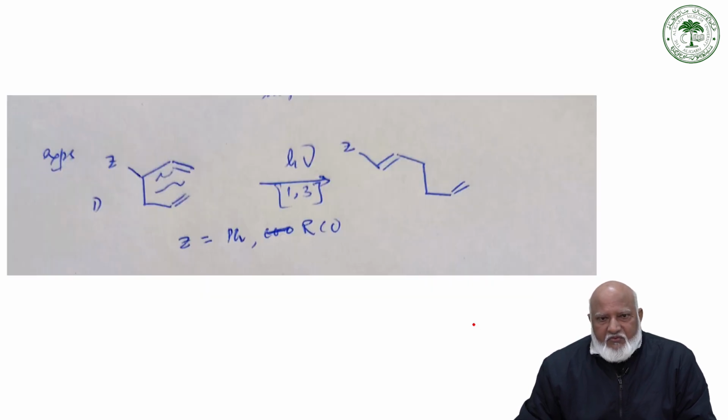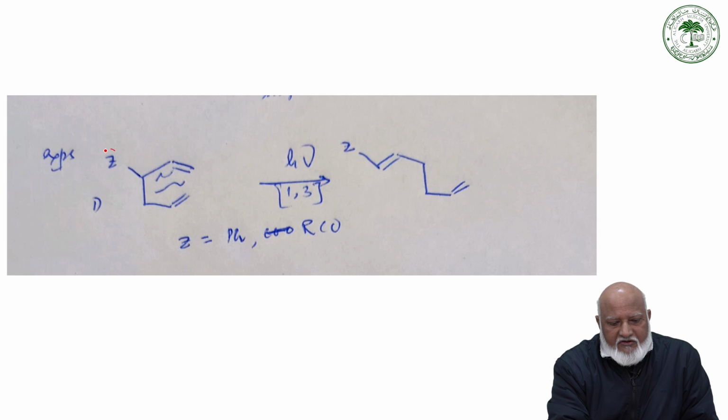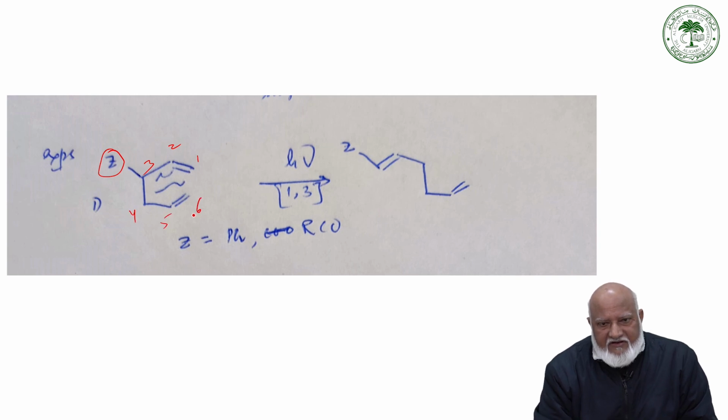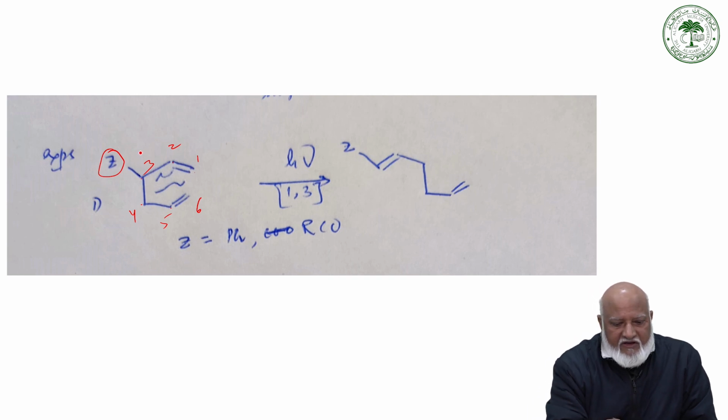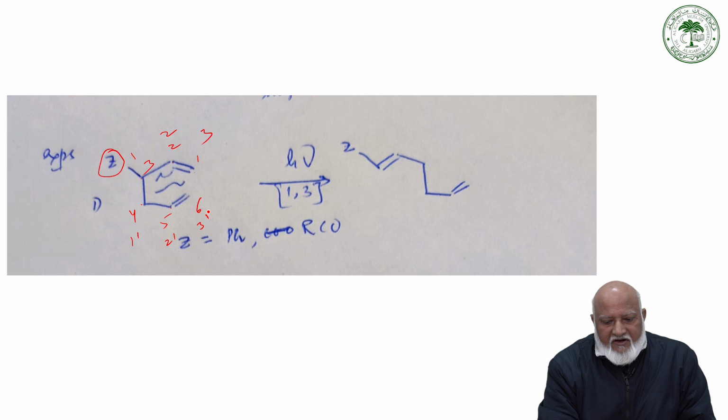If we put a substituent, say Z, here, this is also a 1,5-diene system, with the basic skeleton 1, 2, 3, 4, 5 and 6, one double bond between carbon number 1 and 2 and another between carbon number 5 and 6. If we number this 1 dash, 1, 2, 3, 1 dash, 2 dash, 3 dash,